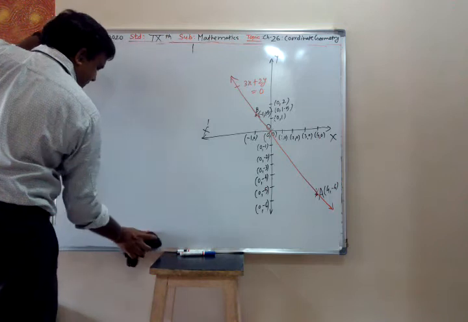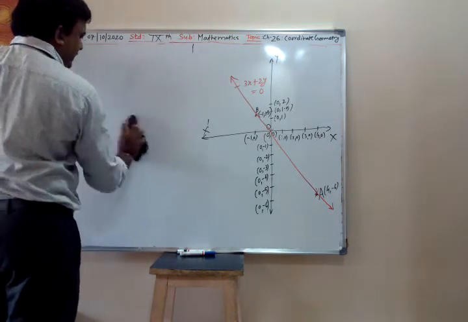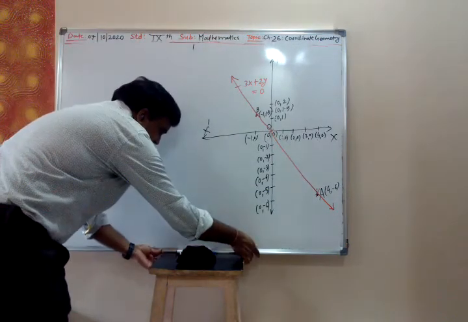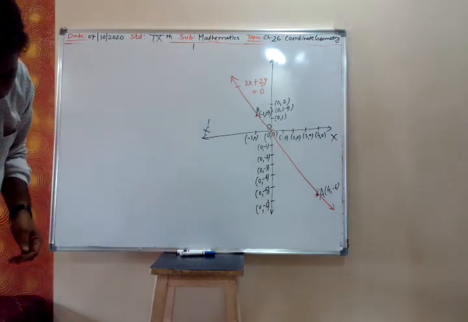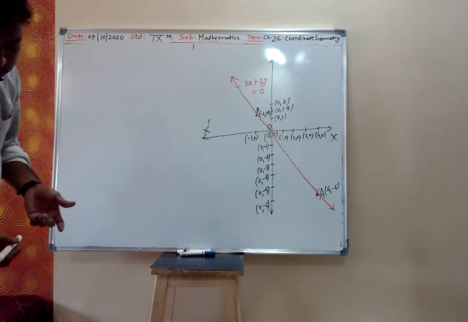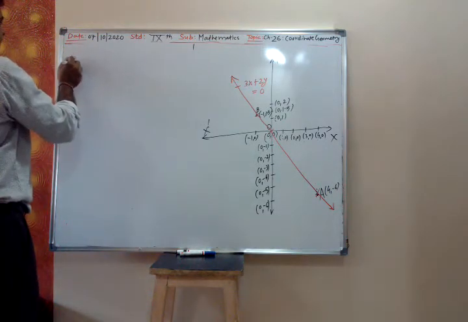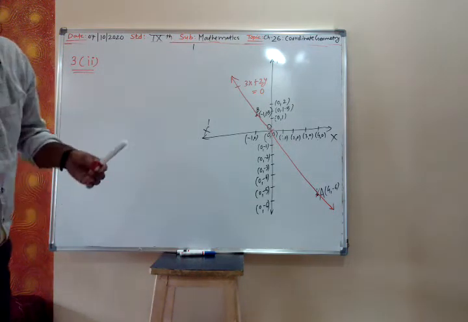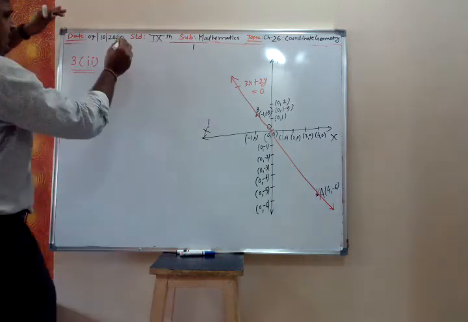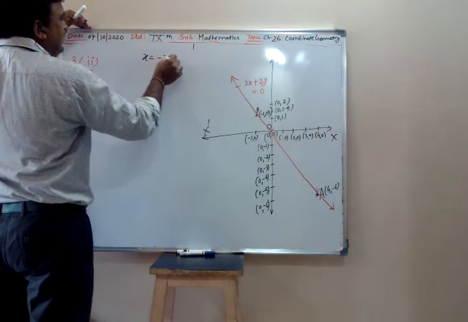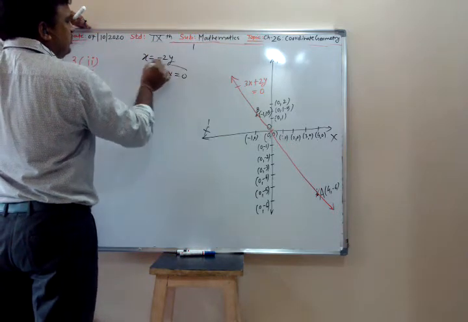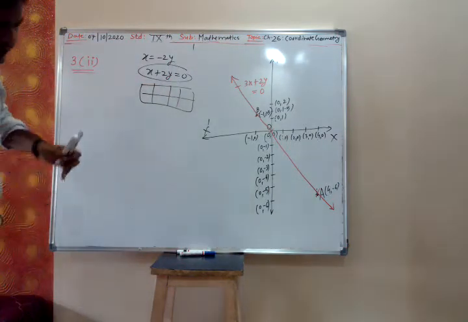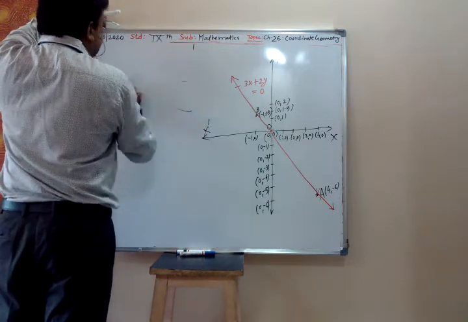If you know how to solve this, then how many problems will I solve? It is better, let me solve third, second. See, all are the same. My dear, in the ninth one you are given x is equal to minus 2y. So x plus 2y is equal to 0. Now solve this, get 3 points. Any 3 points. So it is better I solve third, second.